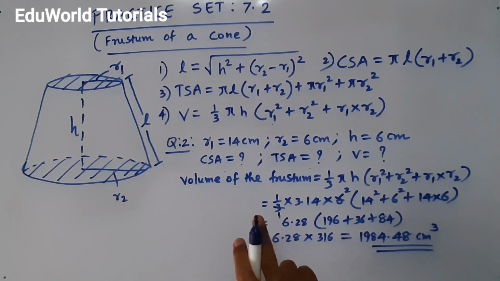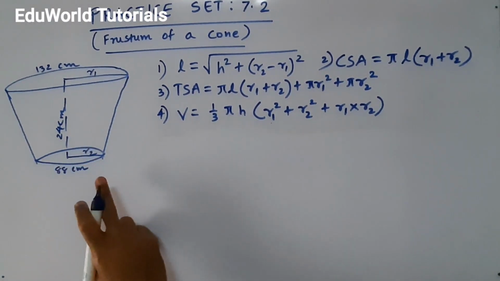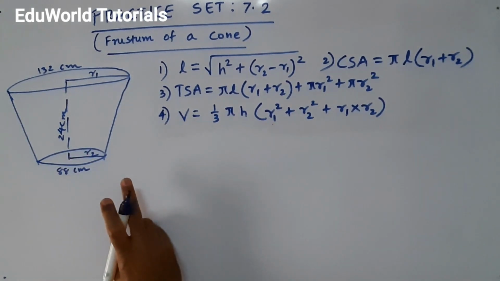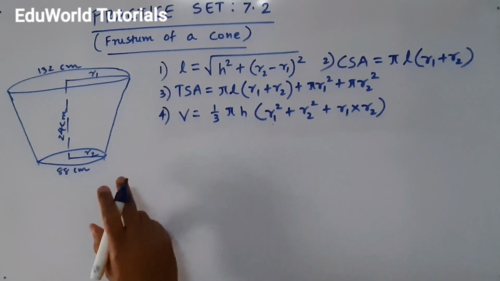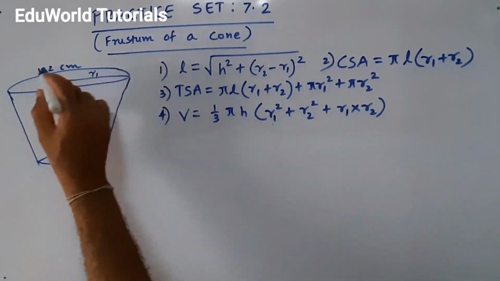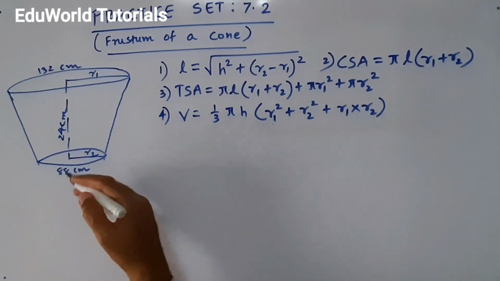It is an activity sum, where they have given the blanks, we have to fill the blanks. This is the diagram of the third sum. I am reading the third sum. It says that the circumferences of circular faces of a frustum are 132 centimeter and 88 centimeter. See, I have drawn the bucket shaped frustum. The broader base is above and the narrower base is below.